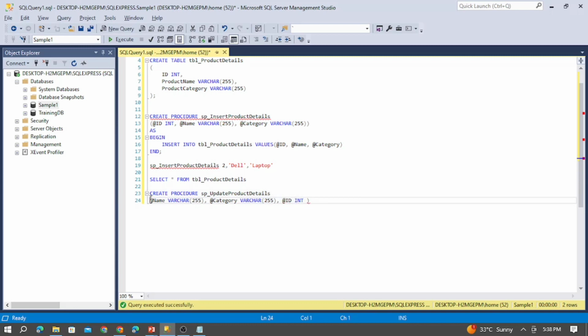So now after passing these parameters, let us provide the AS command and BEGIN END. So this begin and end specifies that this procedure begins here and all the commands will be executed, and the procedure ends. So inside this area we can provide the operations. So let me provide the simple update command. Update